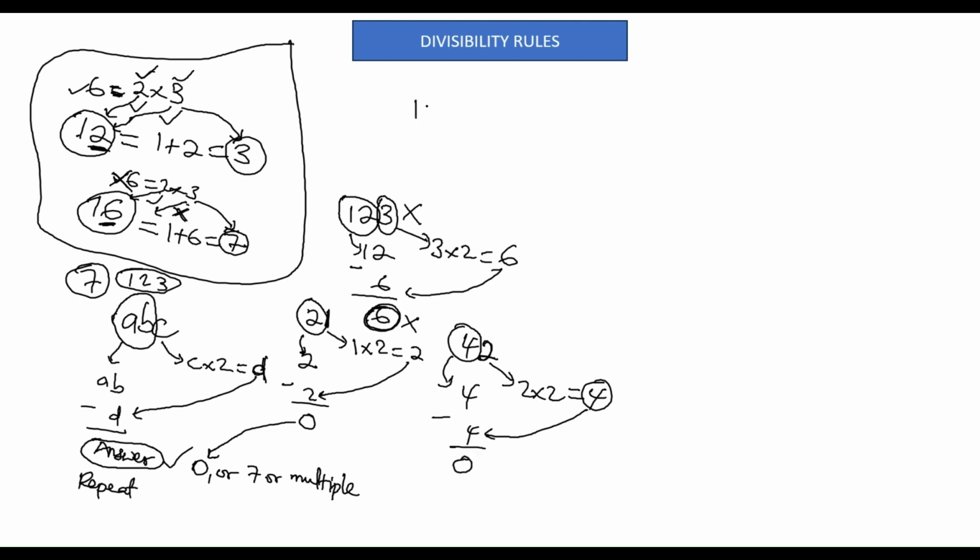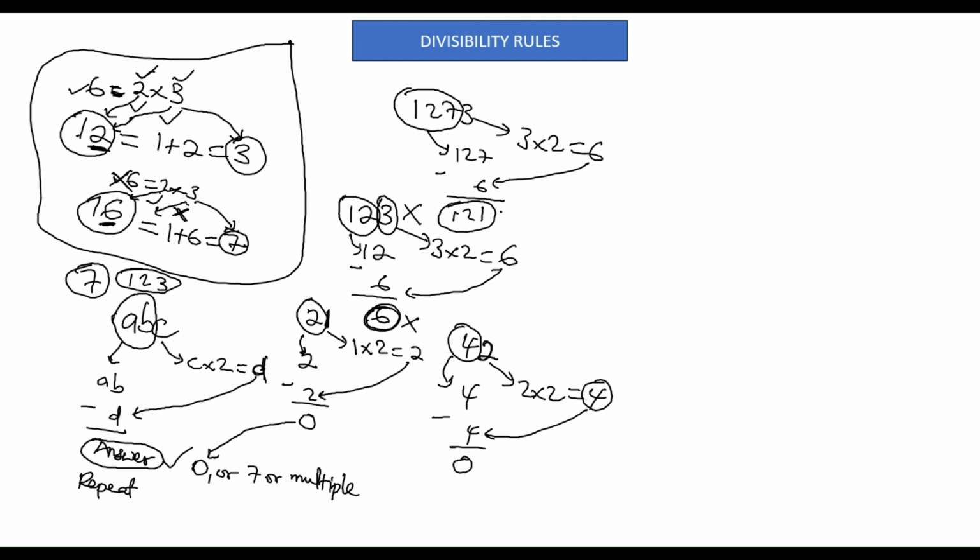Let's do a bigger number like 1273. Let's check if this number is divisible by 7. So I'll take the last digit, which is 3, times 2, gives me 6. Now I'll remove that 3 from there and focus on the remaining digits. So I bring 127 minus the answer that I get here, which is 6, that gives me 121. Now this answer too, I'm not sure of it, so I need to repeat the process